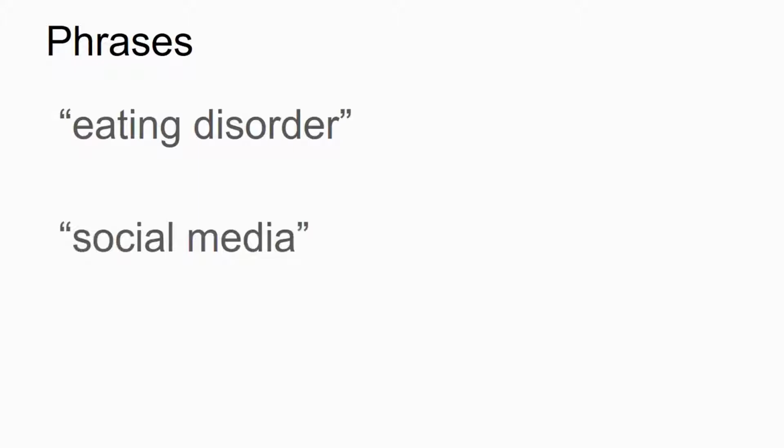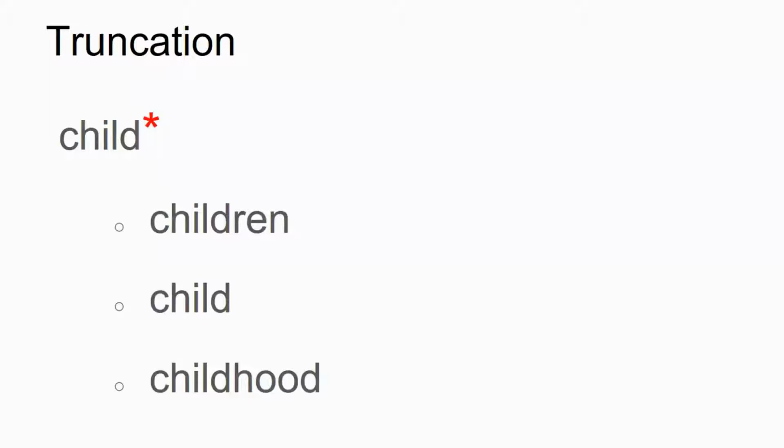If you have words that you think might be synonyms, add them to your search using the word or, like in this case. Here's another example. Another search tip is when you have phrases, put quotes around them. Here are some examples. And lastly, if you have a word that might have several different types of endings, you can use an asterisk symbol, like with the word child, to then find multiple versions of that word, like these